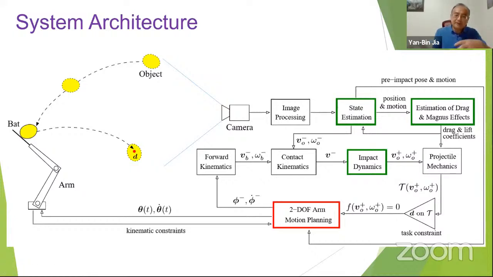That task constraint is going to be taken back by the robot. We have a 2-degree robotic arm to do the motion planning, okay? So the robot is constantly calculating and recalculating the pose and velocities at the moment of batting, based on the feedback, which is the estimated state of the object during the flight. Because the flight is slightly over half a second, you have only about 70 to 90 frames